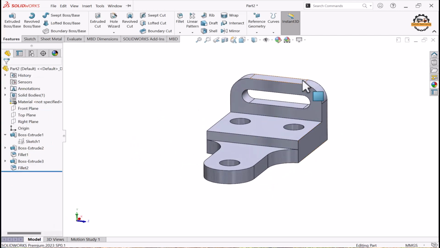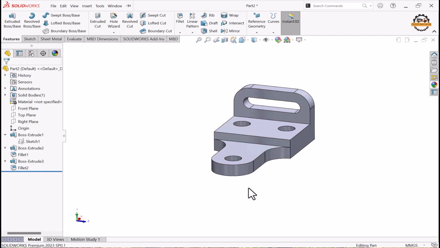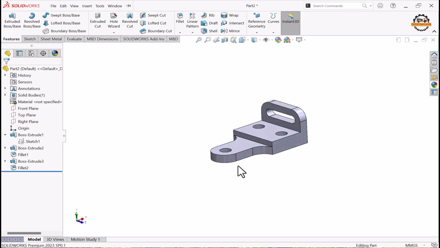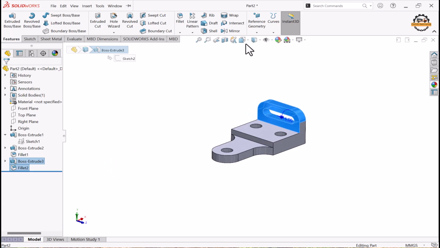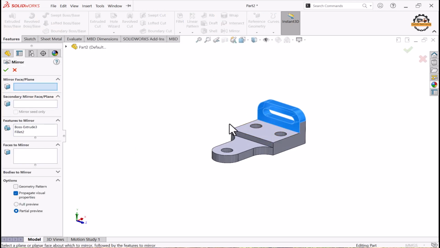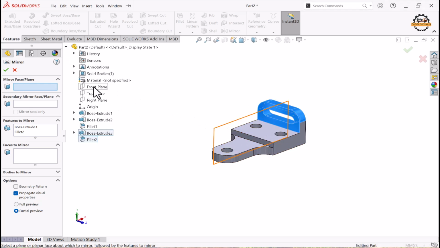Now this portion that I have designed on this side, I need another side. So for that we'll mirror it. So we'll select this portion and the fillet, and we'll go to the mirror command in 3D. Now what I need is a mirror plane. So we'll check whether we have a plane at center or not. So here I have the right plane, we'll use the right plane. If a plane is not there, first we'll create the plane and then we'll mirror it. So we'll select the right plane here